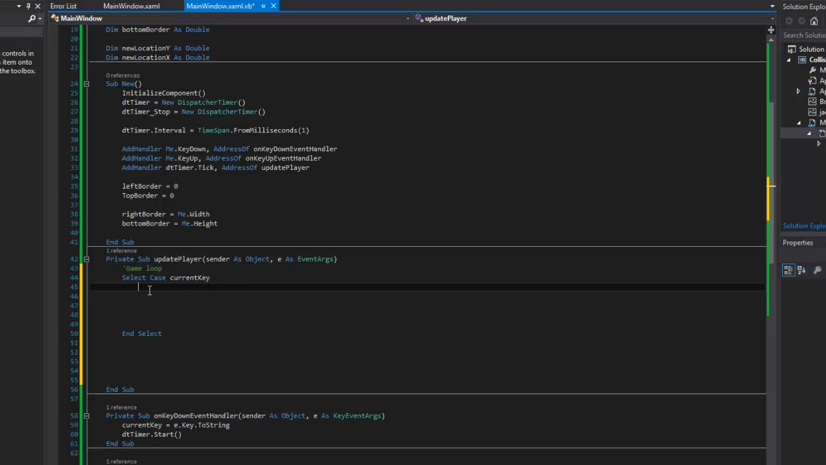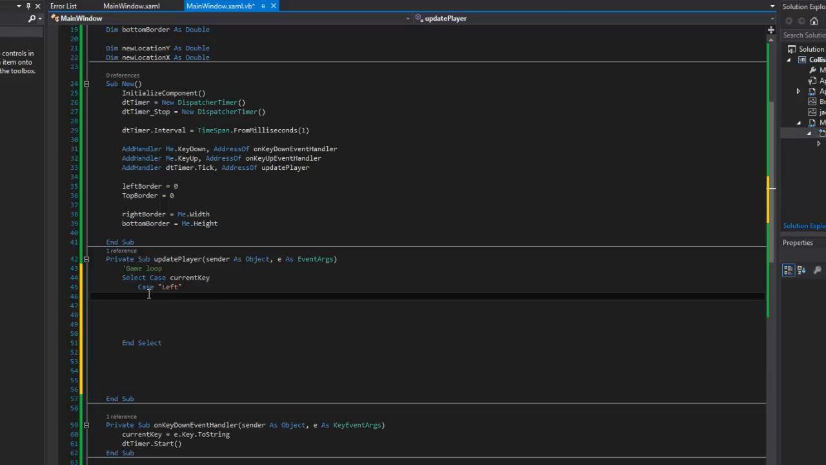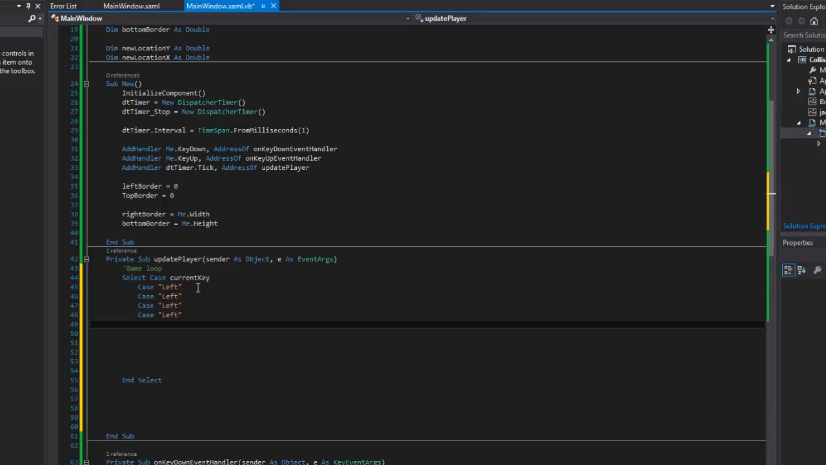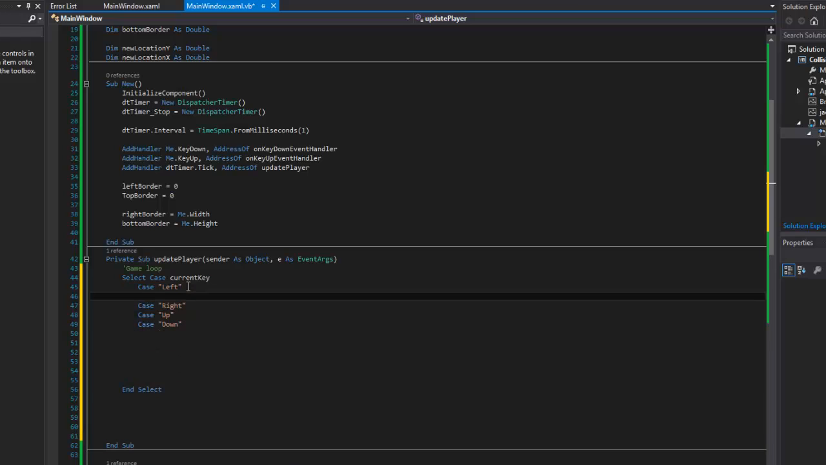And I can say if the case is left, I'm going to do something, and when I do that something, I can just do all the other cases here. Hold on. So I have my left, right, the up, down. When I click left, I'm going to have the player A,